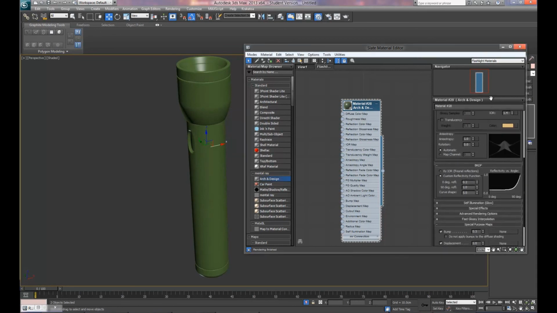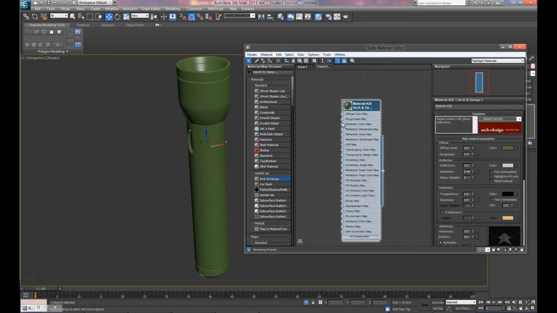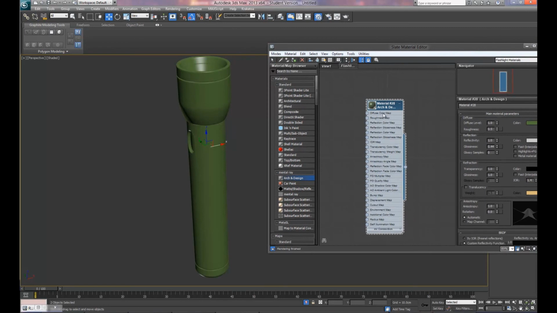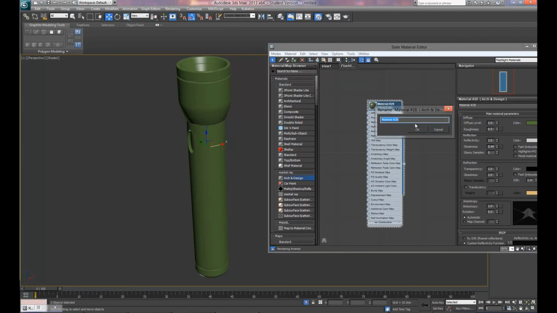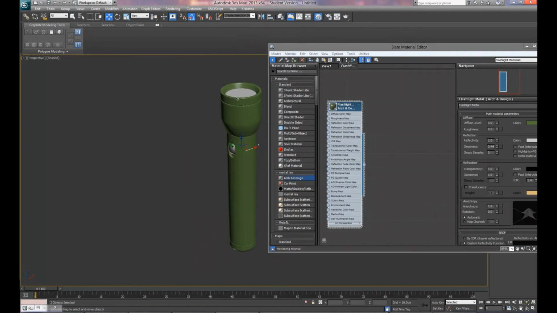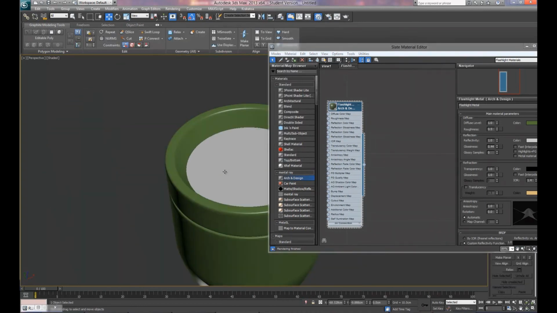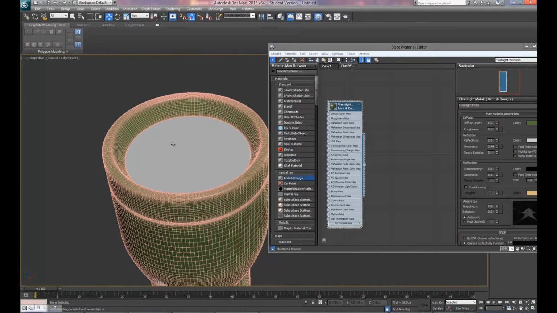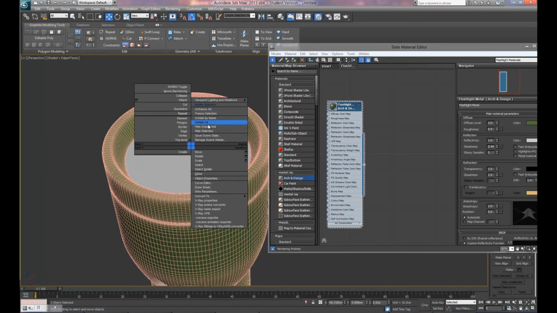Let's see. We're going to call this good for now. We'll probably end up changing it later. Just to be neat, let's name this flashlight metal. Now we're going to want to unisolate the selection, and pressing F4, I'm going to have my